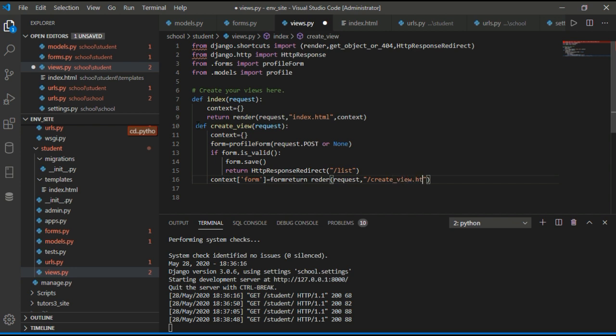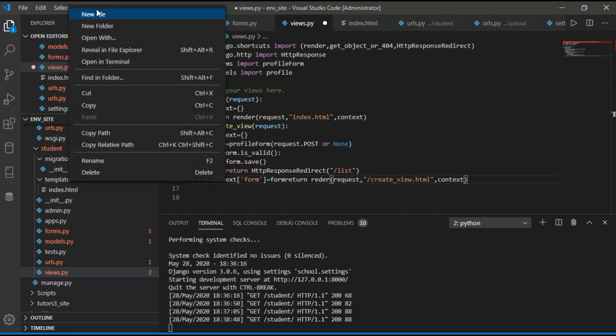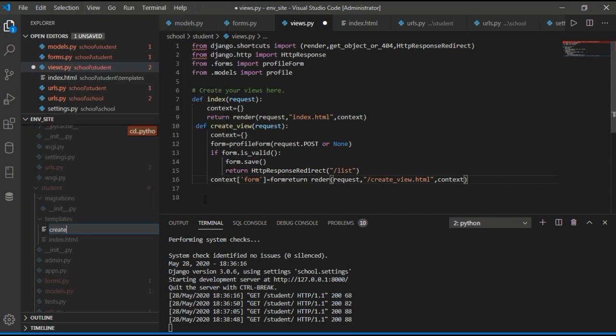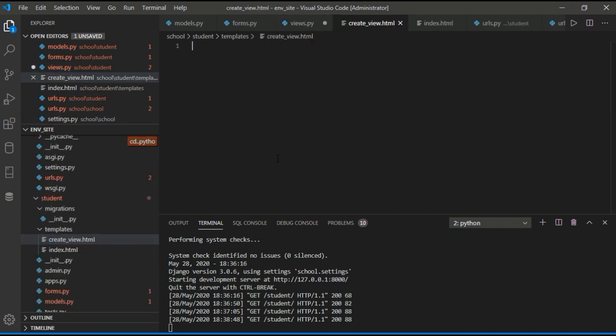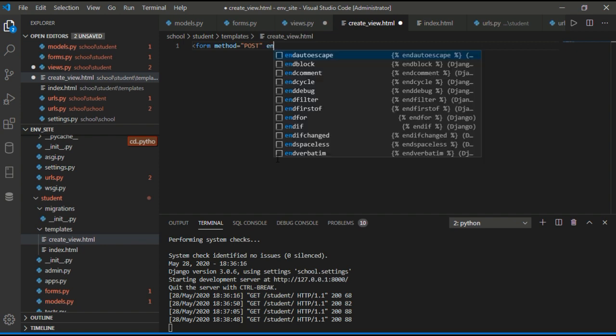So this will redirect to list. And else, then context form is equal to form. And we return render the output.